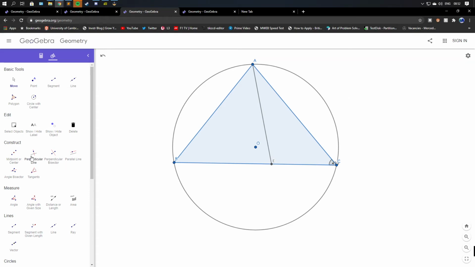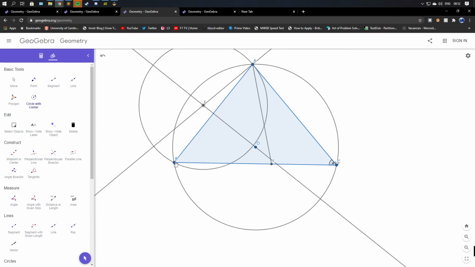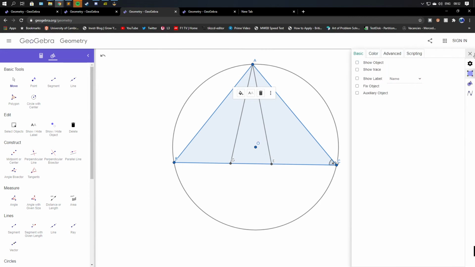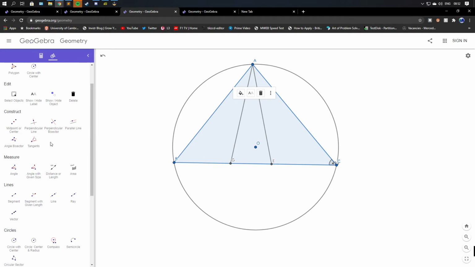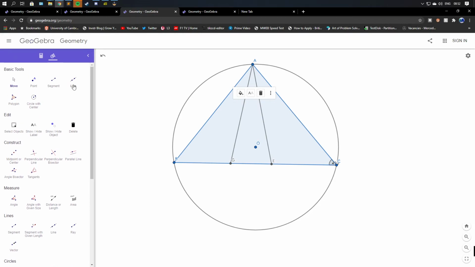And then we do the same thing on the other side. Construct a perpendicular line. Construct a perpendicular bisector. That point, and then let's hide all of our construction lines. I'm not going to need any of that. Then we're going to need to construct M and N such that these things are midpoints. So what we do is we will then make them lines, that we will then do